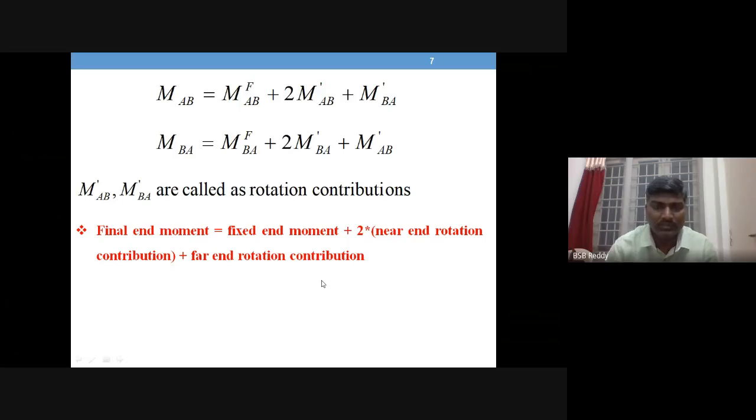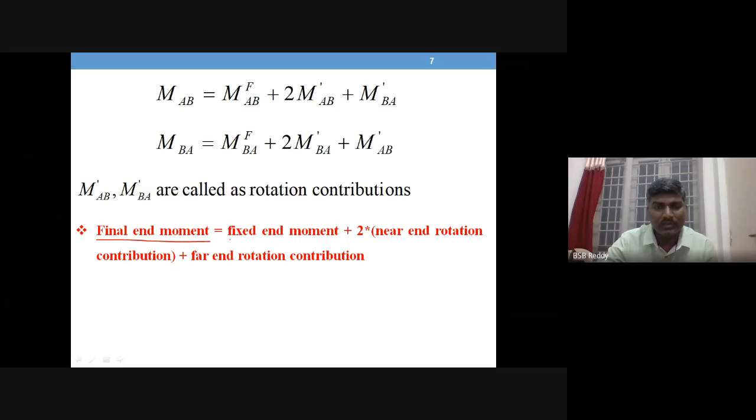Good morning, dear students. Last session, we started talking about Kani's method, which is a displacement method, another distribution method after the moment distribution method. It is also known as the rotation contribution method. Finally, it was discussed in the last session that the final end moment, according to Kani's